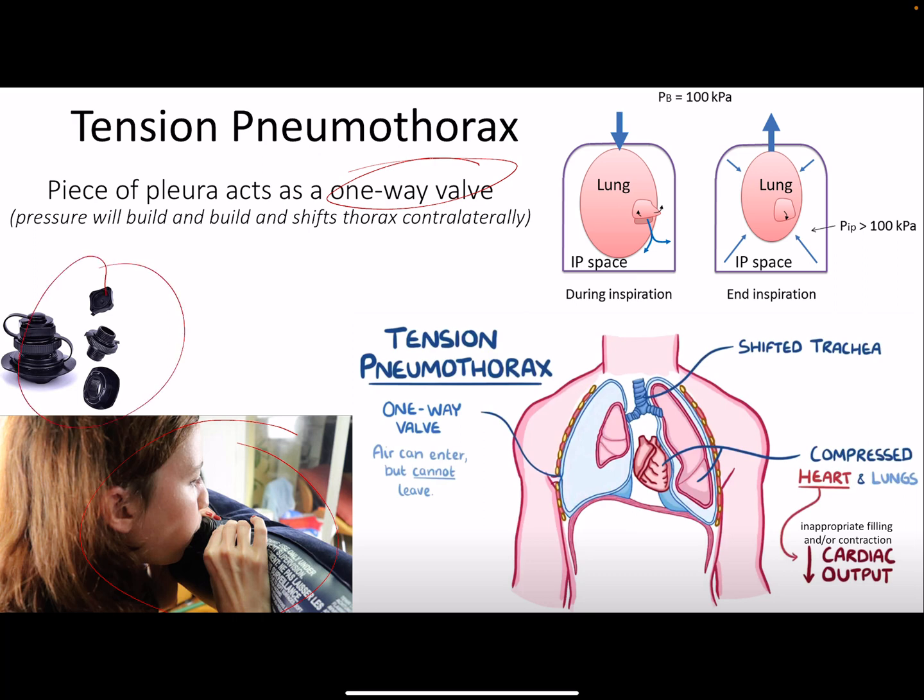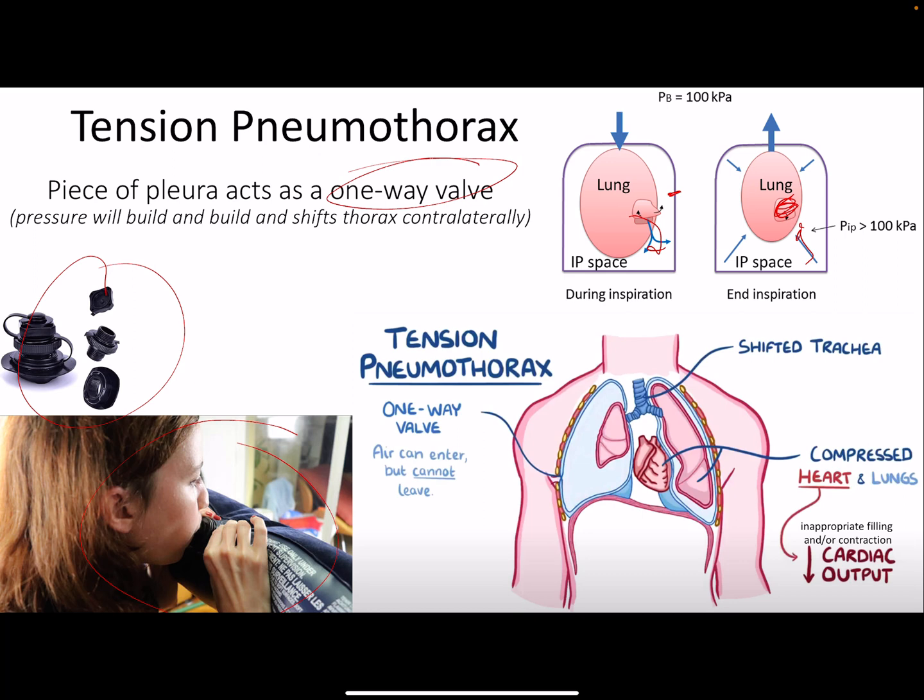So with a nicer, higher quality valve, it's one way. You could have that happen, again, either with tension or traumatic, I guess it depends on the details, that there's a rip in the lungs or in the thorax or something. Air can get out, but when air tries to come back in, it kind of pushes this thing shut. Very similar to the valves we have in our heart, where if there's too much pressure, they then close the valve. So too much pressure can close this